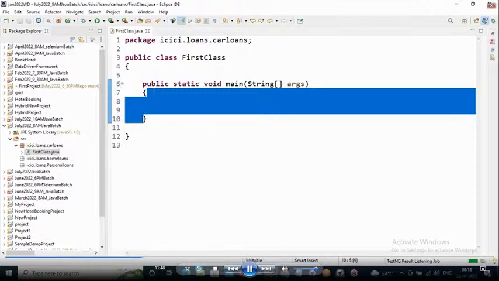One more behavior, public void subtract. In this we have to define the operations, in this the addition operation, in this the subtraction operation. Result equals a plus b, and I need to print the result. System.out